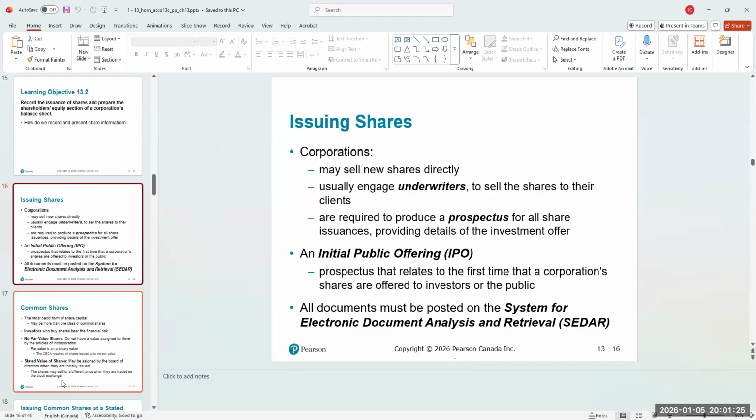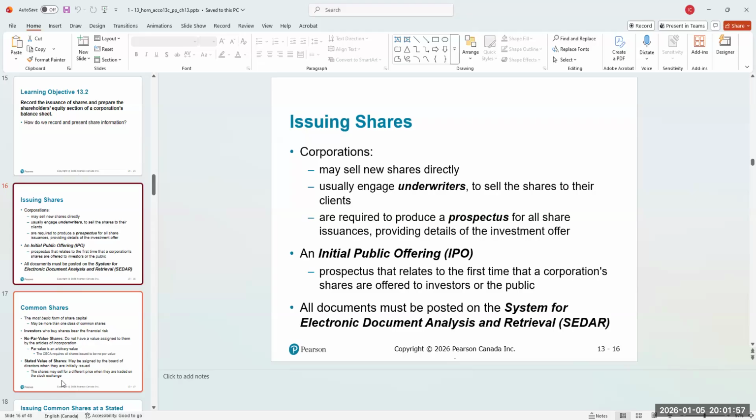Initial public offering, you have to understand this. The initial public offering is the only time when the corporation is going to get cash. That's it. Only on the initial public offering. This means the prospectus that relates to the first time the corporation's shares are offered to the investors of the public. Once the initial public offering passes,